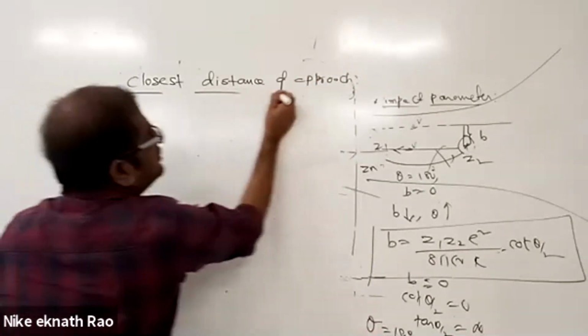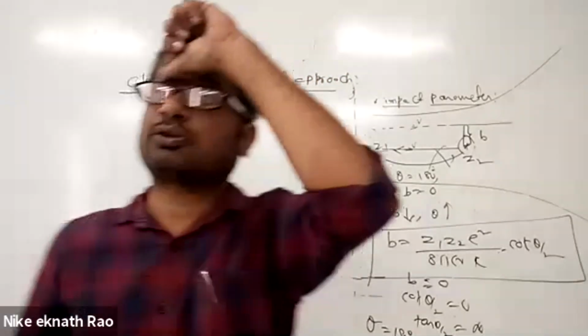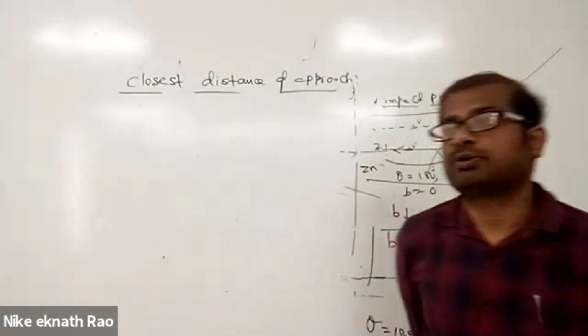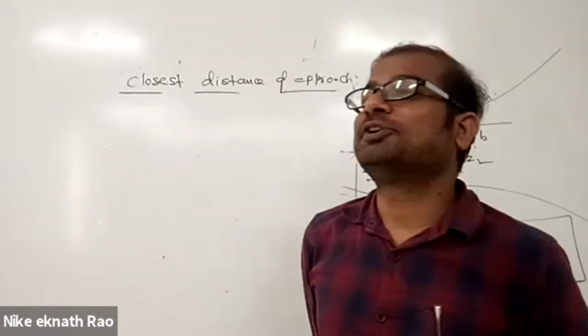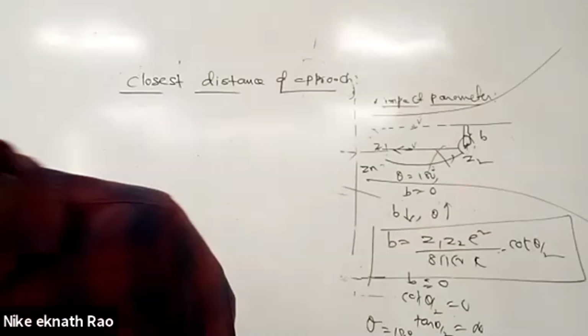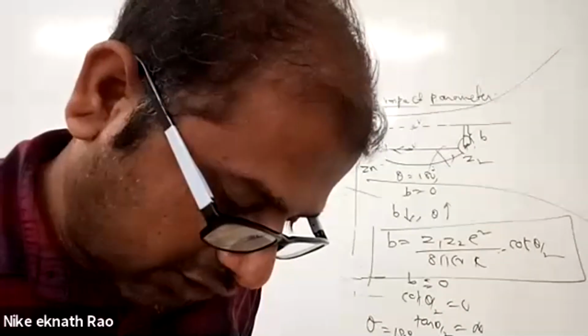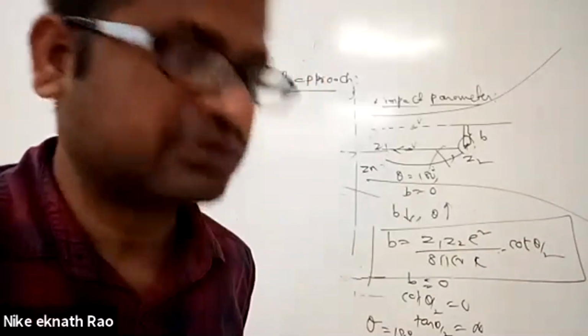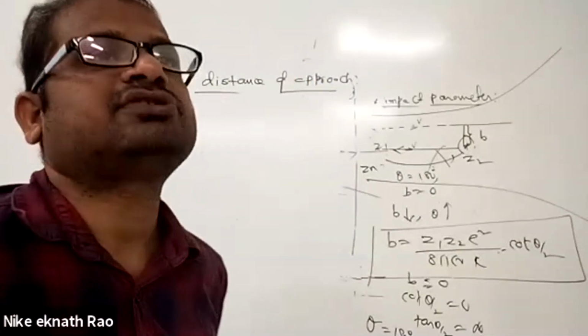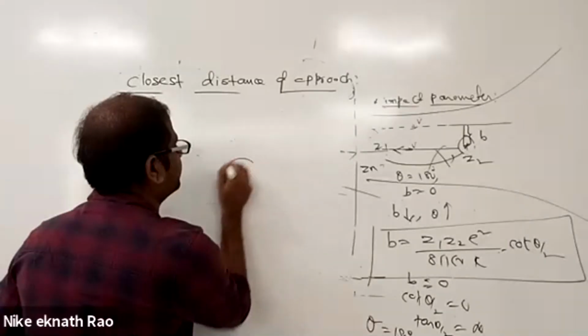What is closest distance of approach? The meaning itself indicates the closest distance of approach. It is the maximum distance an electron can move toward the nucleus. Maximum closeness: how much distance it can approach to the nucleus, isn't it? The distance from the nucleus is called the closest distance of approach. Again, if I have a nucleus,